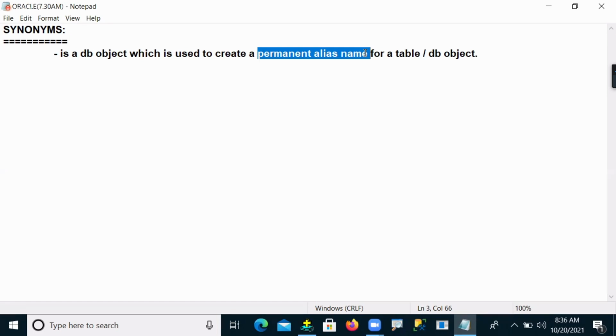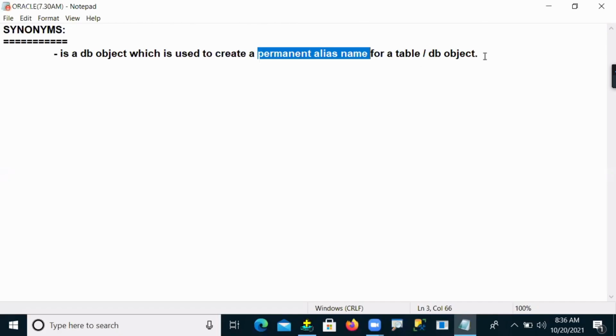Understand now? Right. So now observe, this is the statement of your synonym.